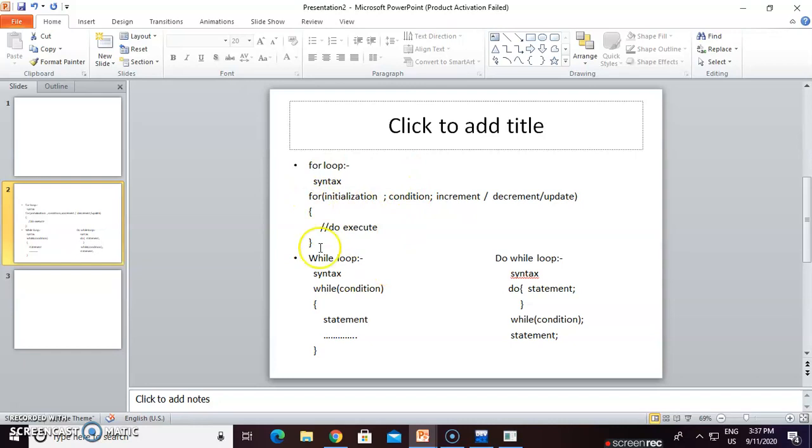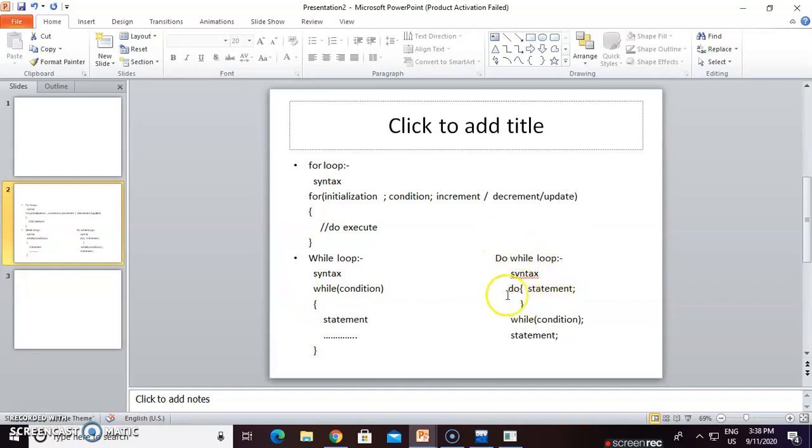If the condition is true, again go to the body of the while loop. Repeat this until the condition is false. Repeat, repeat, repeat.